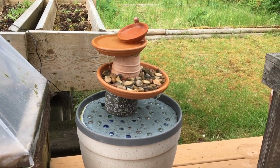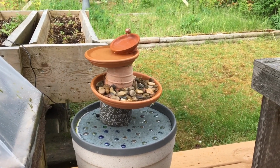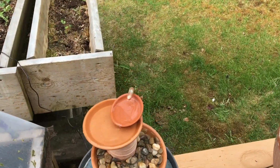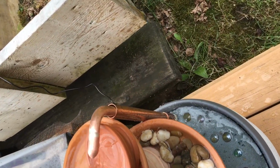This is just a fountain. It's not a bird bath, not intended to be, because otherwise it would have to be cleaned and changed on a regular basis too. And then there's just some ornamental rocks, and this one has a copper pipe leading up,